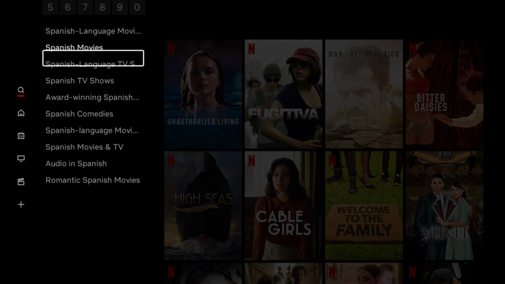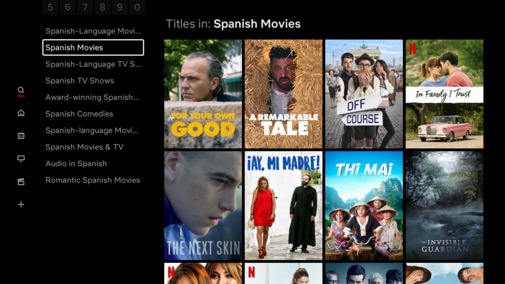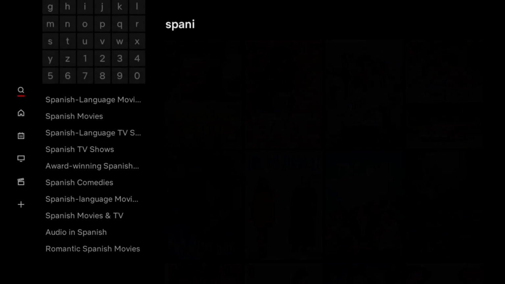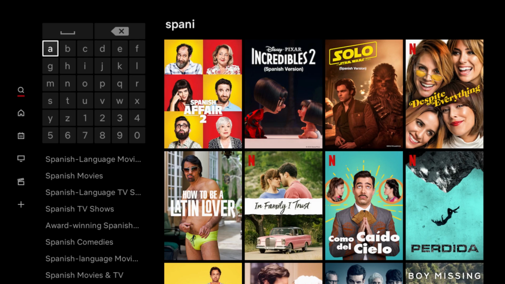You can do the exact same thing with Spanish movies. And it's not just Spanish. You can do this with other languages as well if you want to filter by that option. Just go over to search and type in the language that you want to look at those movies and TV